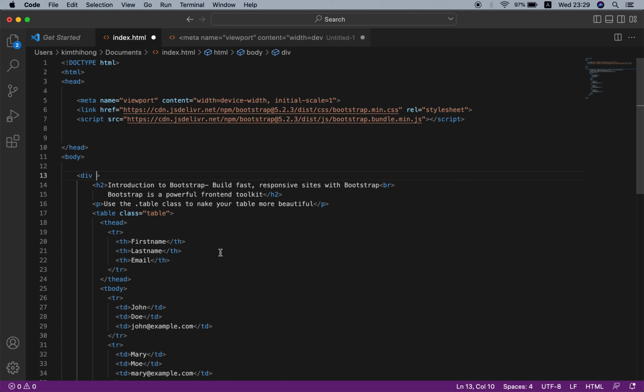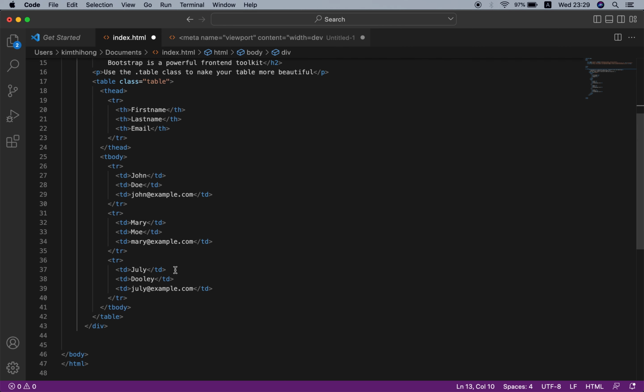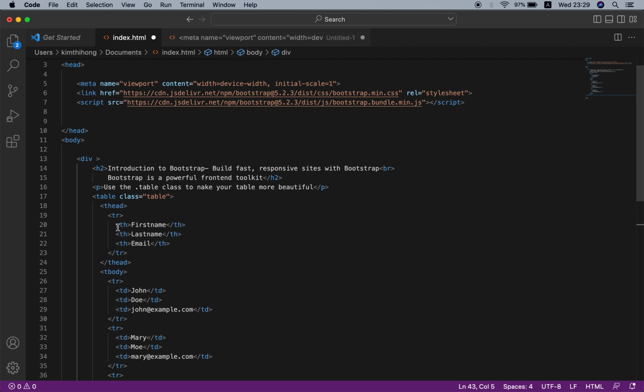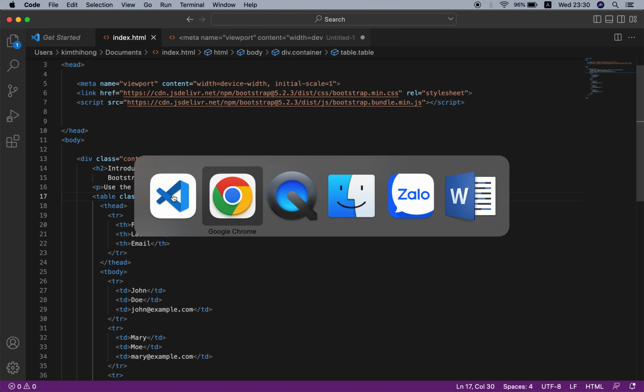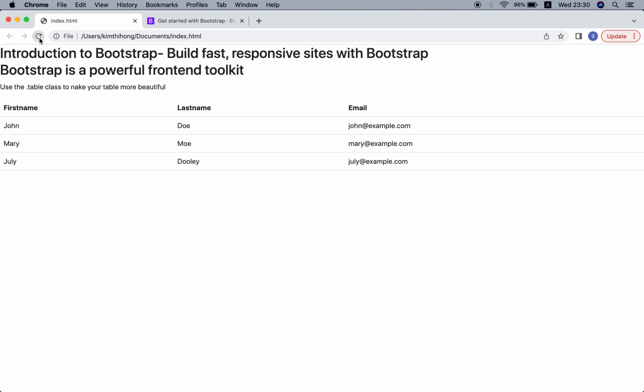So you should place a container class here, class container. This container class is another important class of Bootstrap. Save and check and see how it affects our website.